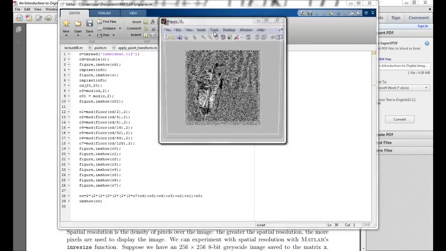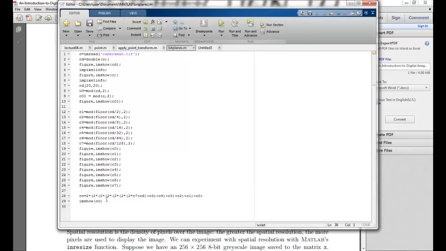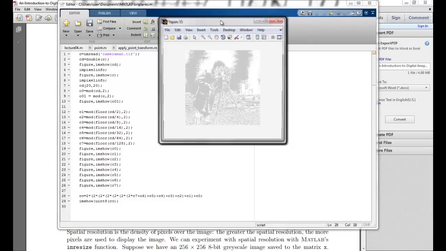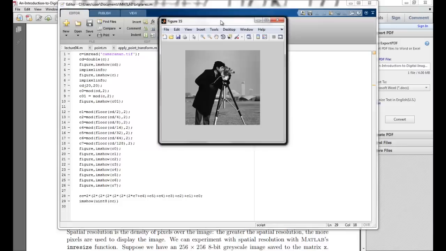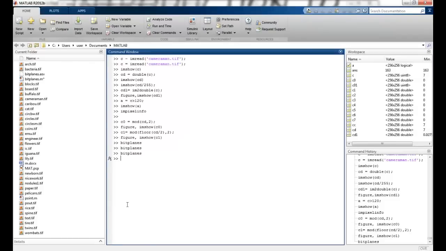So these are the values that I'm getting, all the bit planes here. And now I had to convert this into a uint8 for display, like I said, because this is a double right now. So I'll convert into a uint8 and then run it. And the last image that I get is a combined image.